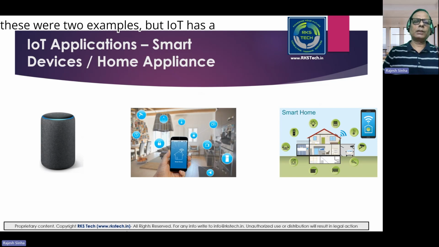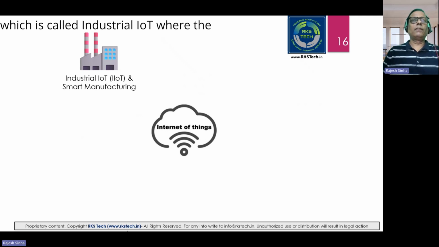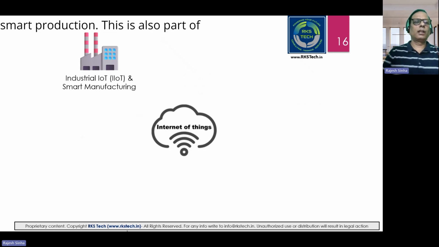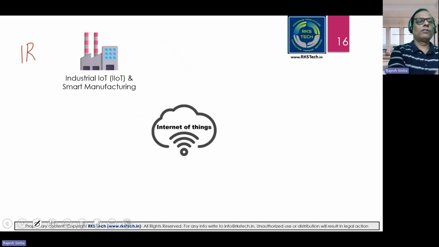So these were two examples, but IoT has a wide range of applications across all the industries. One area is industrial IoT, IIoT. This is a subsystem of IoT, called industrial IoT, where the focus is smart manufacturing, smart production. This is also part of something called Industrial Revolution 4.0. If you know about